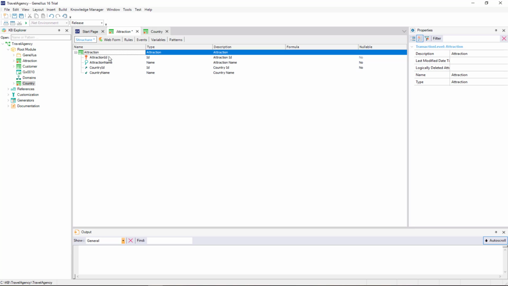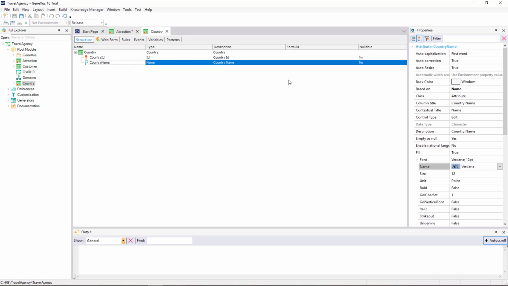Let's focus on these two attributes included in more than one transaction. We will find out what role they play here in attraction. Let's remember that country ID is the identifier or key in the country transaction. To be more precise, from now on, we will say that country ID is the primary key of the country transaction.